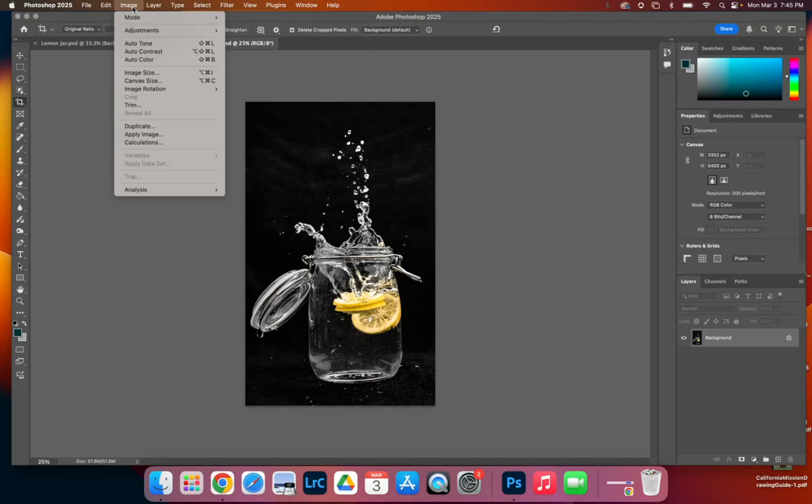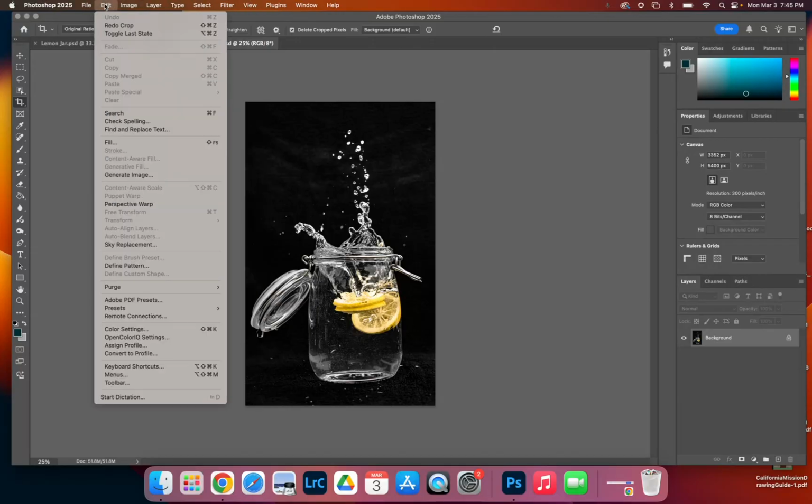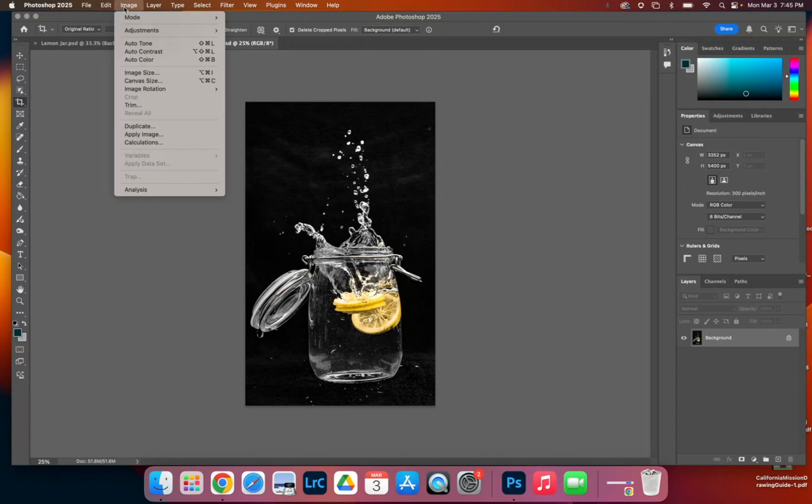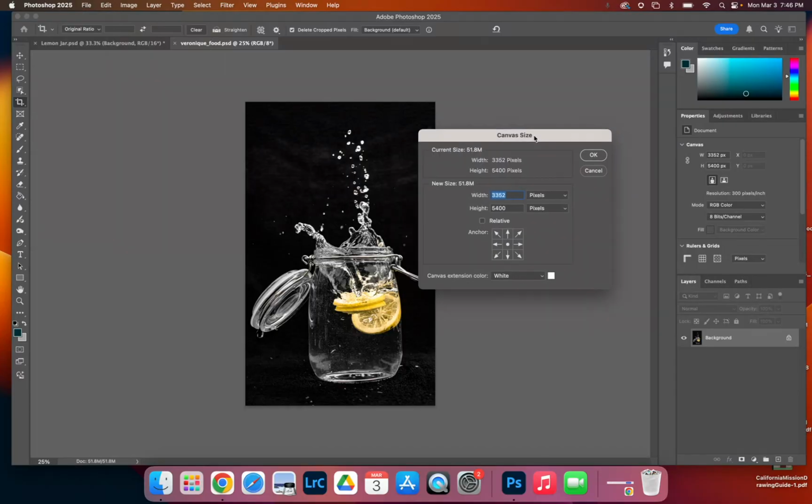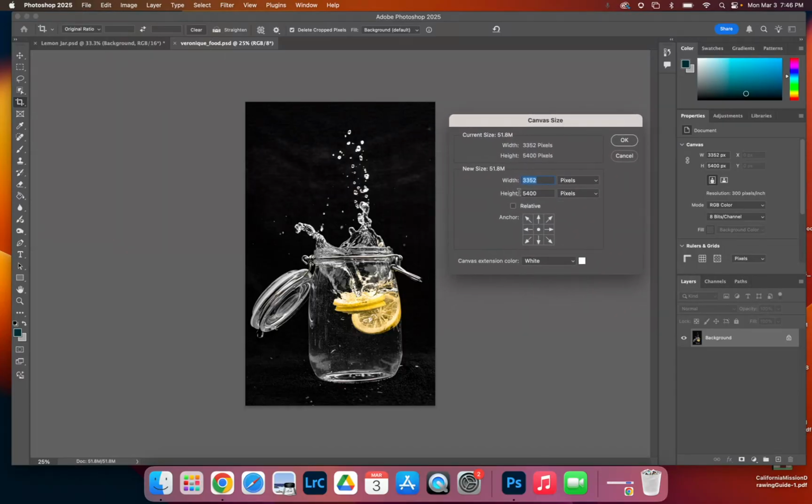So if you go to image and you go to canvas size, canvas is like on a painting on a canvas. Your image size is the size of this image, but your canvas is how big of an image you have. So if I go and stick to these pixels, it kind of is confusing and hard to identify. So instead I'm going to go here, and I've got my resized image to 8 by